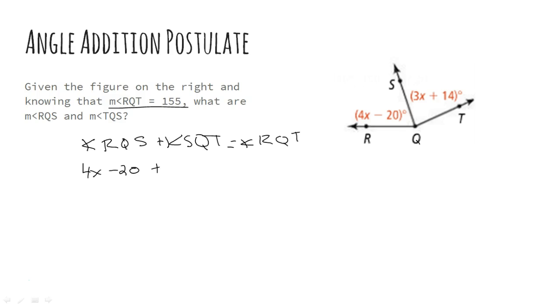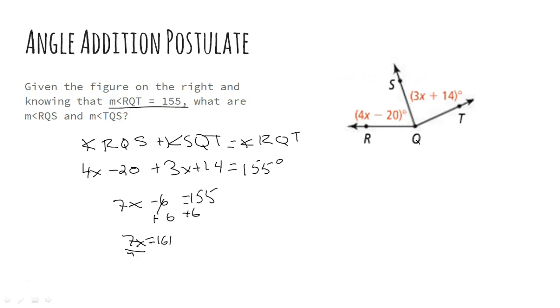Angle SQT is 3x plus 14. And they told us that RQT was 155 degrees. Combining like terms on the left-hand side, we have 7x minus 6 equals 155 degrees. I'm going to add 6 to both sides. So we have 7x equals 161 degrees. And dividing both sides by 7